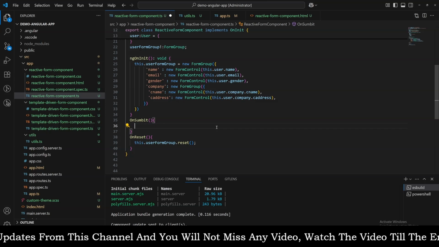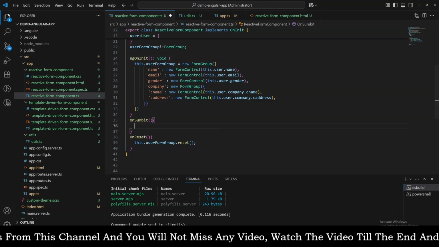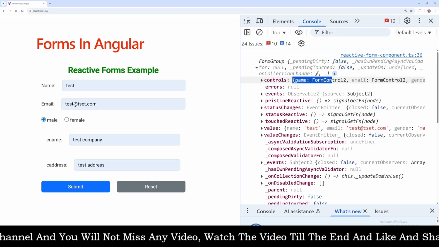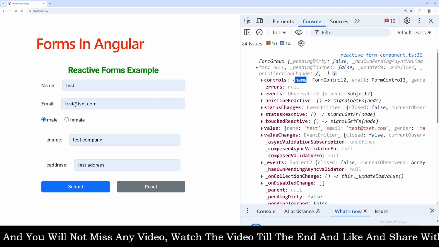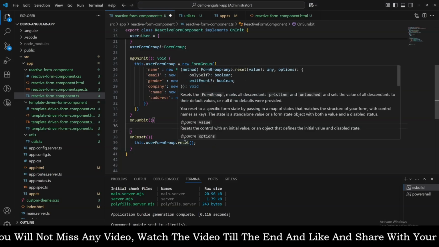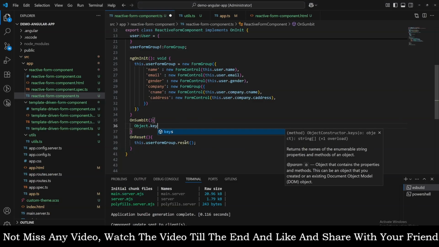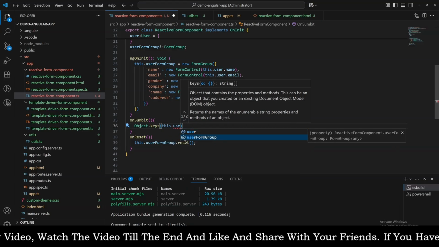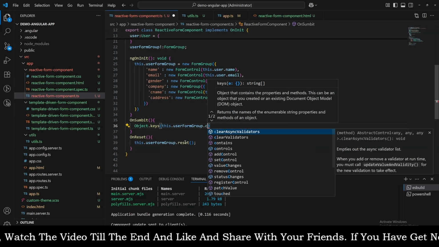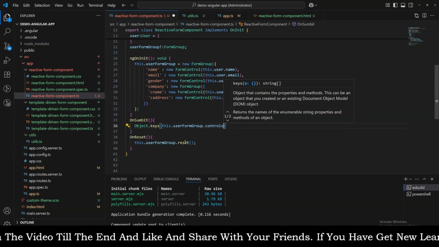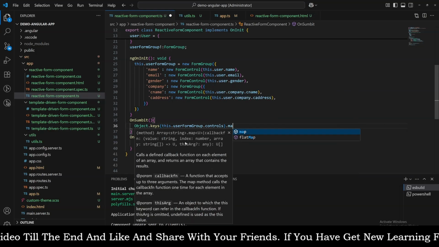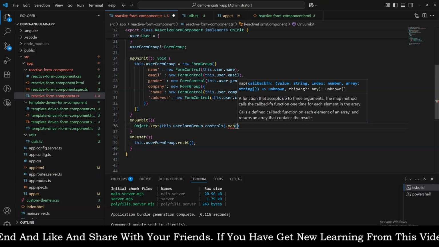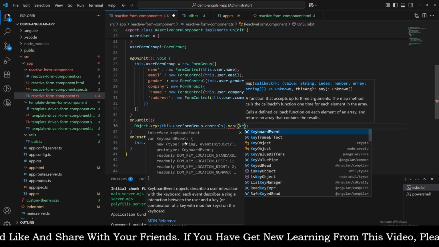Let me remove this. As we have controls as an object, it has keys. So let's use Object.keys now. Object.keys, here this.userFormGroup.controls, dot map. So we are iterating over the keys of controls. Let's take a key,